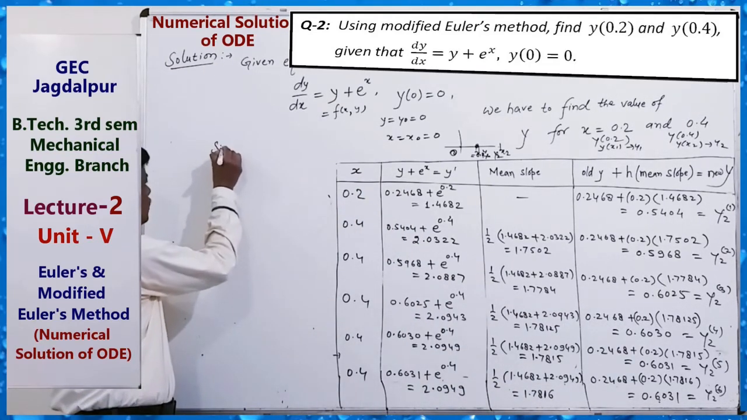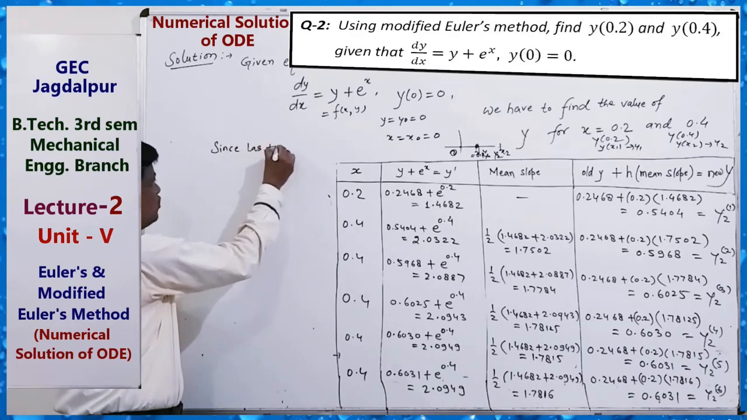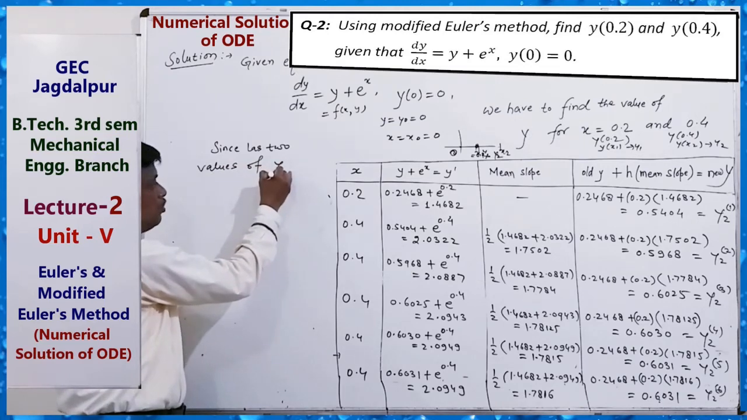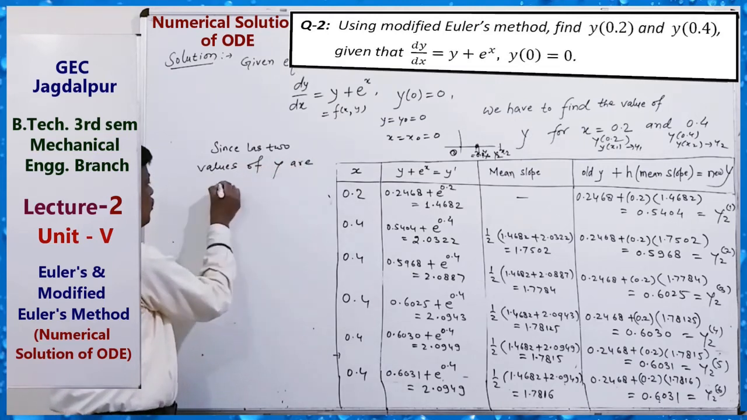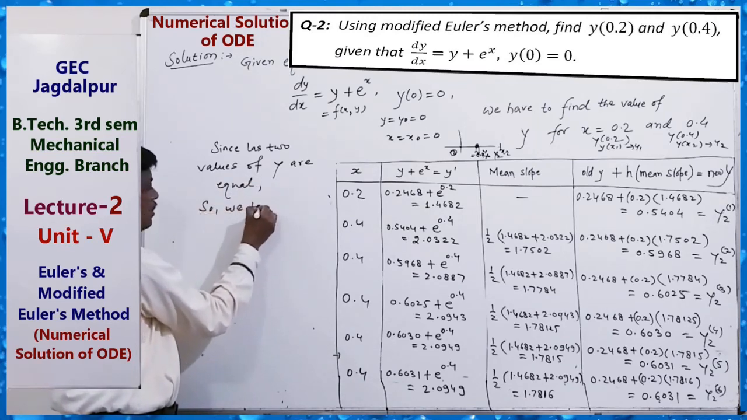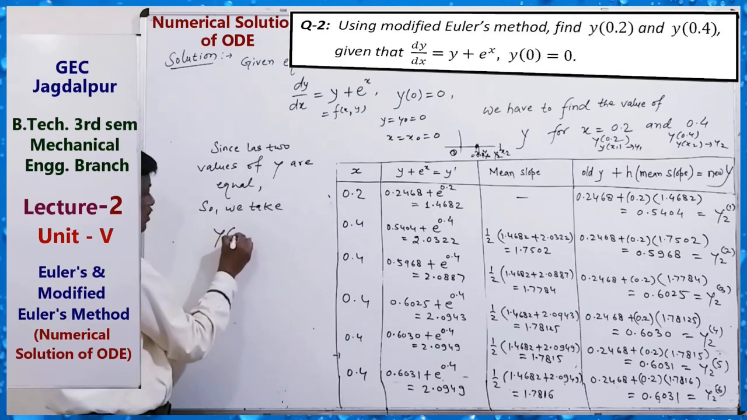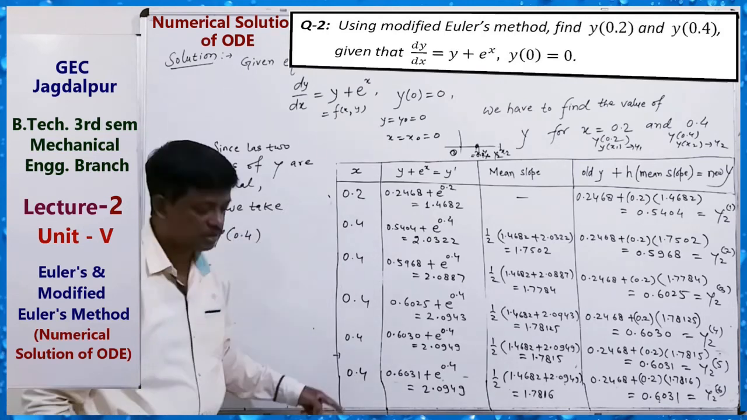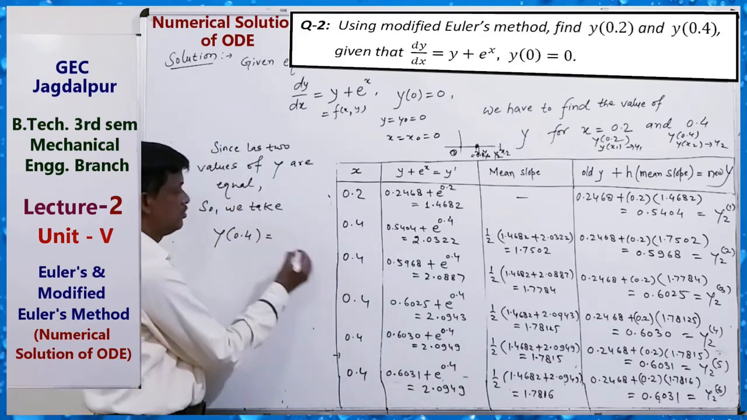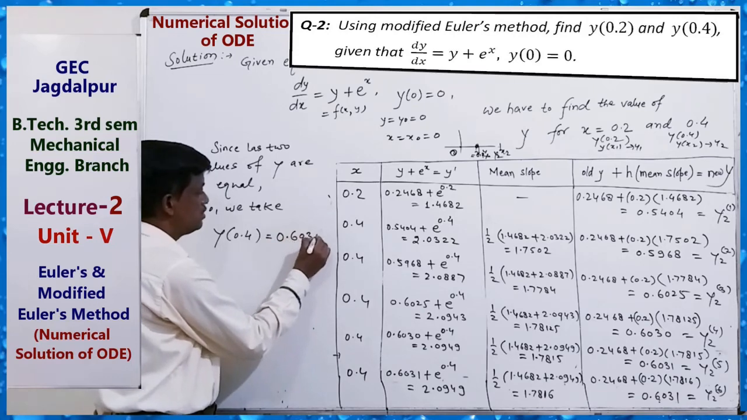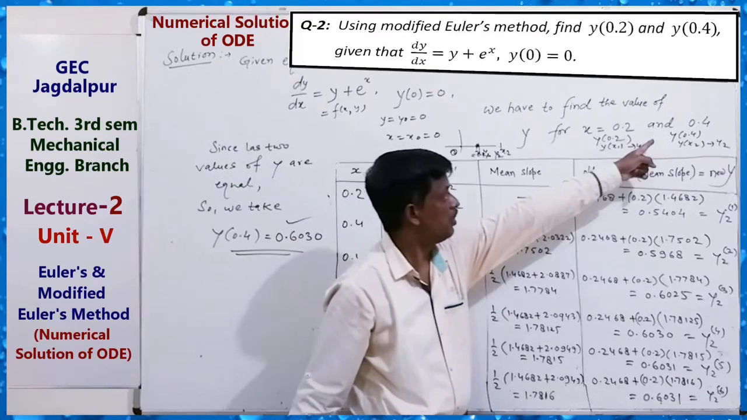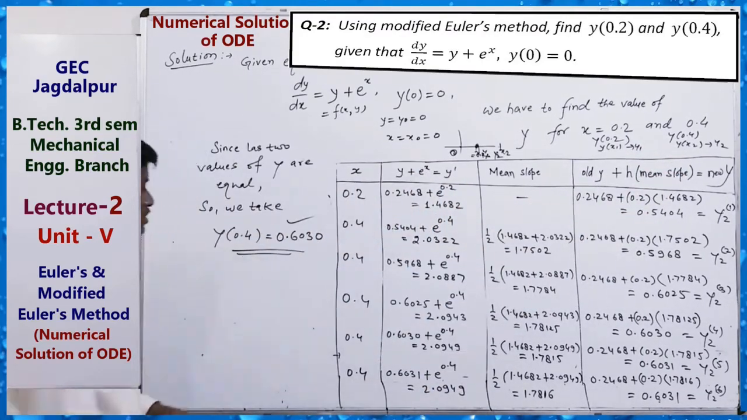Since the last two values of y are equal, so we take y at 0.4, is equals to 0.6030. Okay, so this y.4 is equals to this, and also